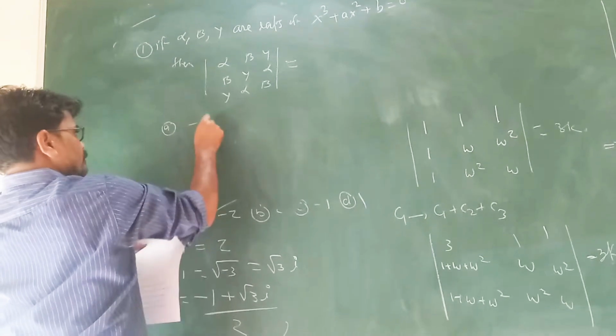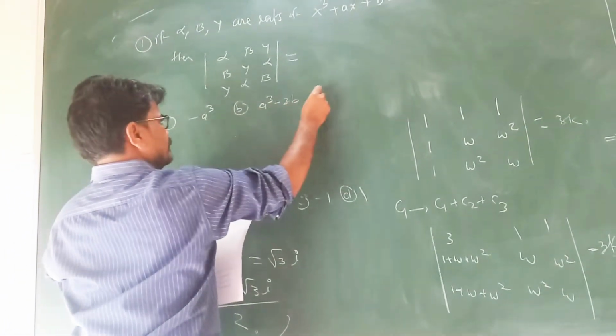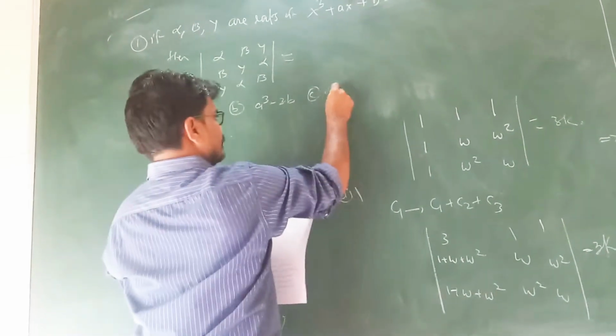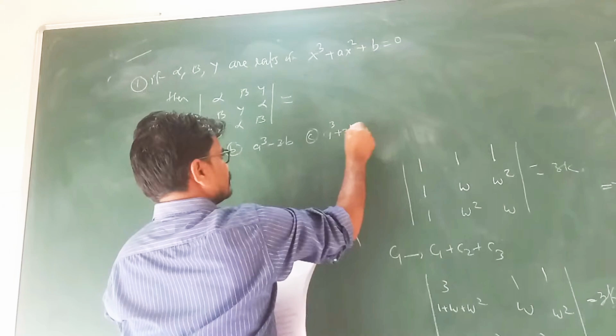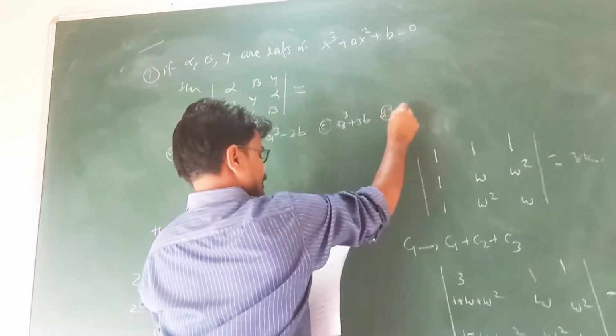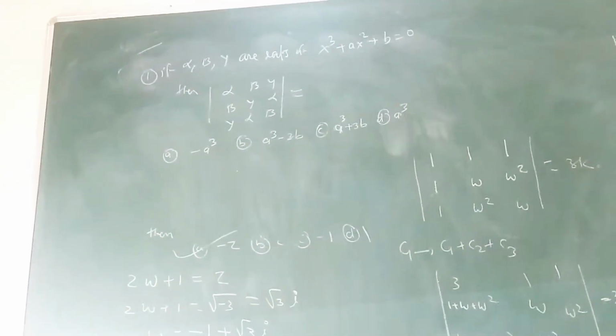Option A minus a cube, minus 3b, and option C a cube plus 3b, and option D is a cube. करेक्ट है? तो यहां देखते हैं इस प्रॉब्लम में